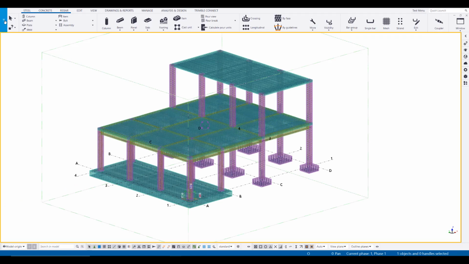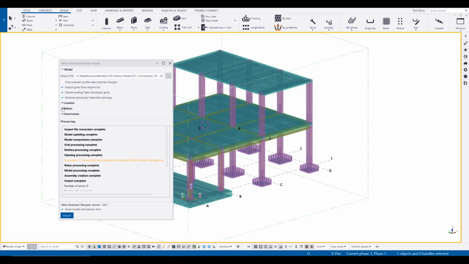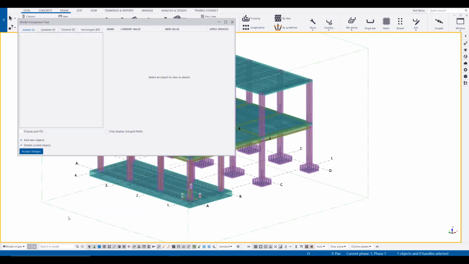Alternatively, you can choose to import only one detailed instance of a group by selecting once per design group. From here, change or update the rebar before copying around the model using the tracking data automatically brought through from Tekla Structural Designer. Make your design iteration more productive by sending this model to Trimble Connect and share details with